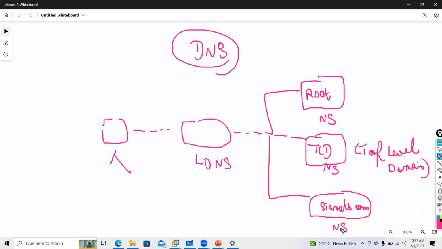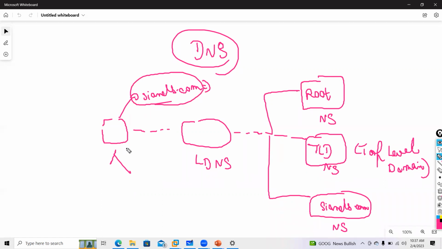Now, let's say guys, the client wants to access cnets.com. Your request will go to where first? Please understand this carefully just to understand how DNS works. Where will it go, guys?